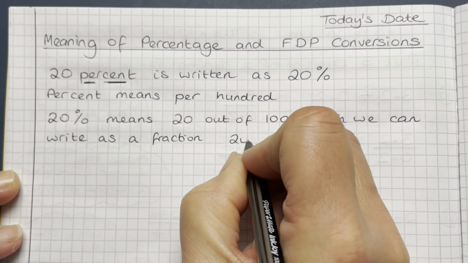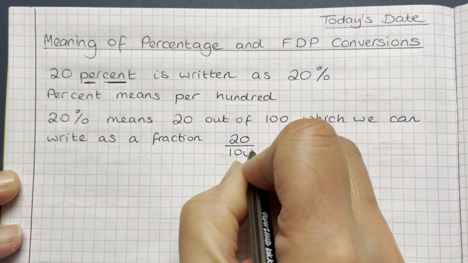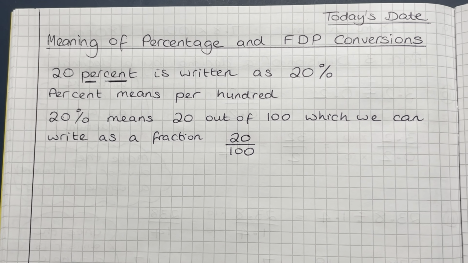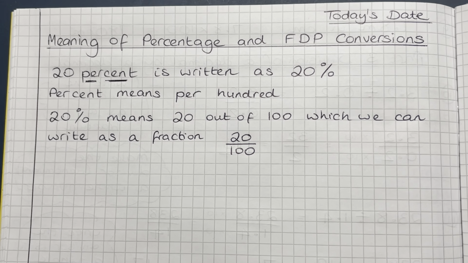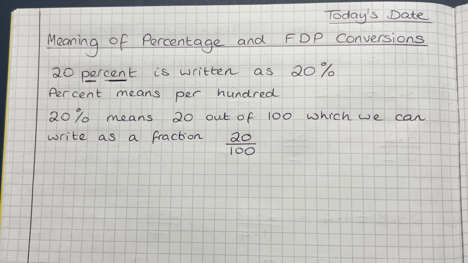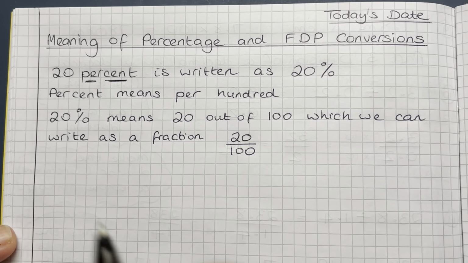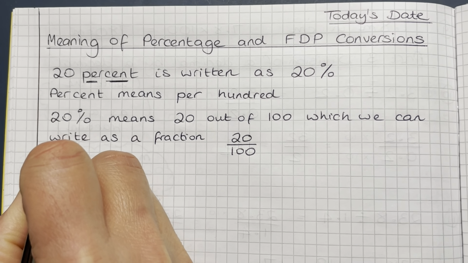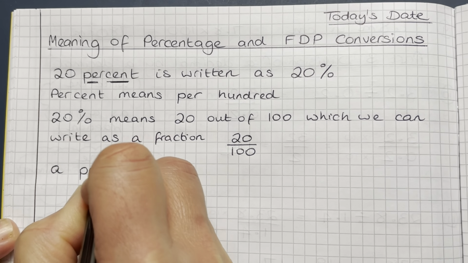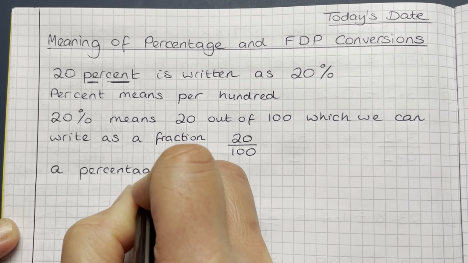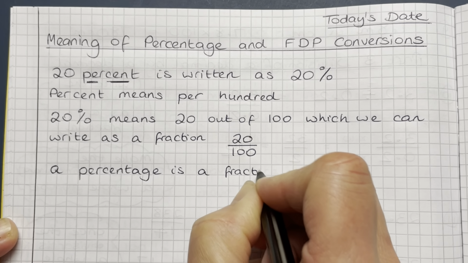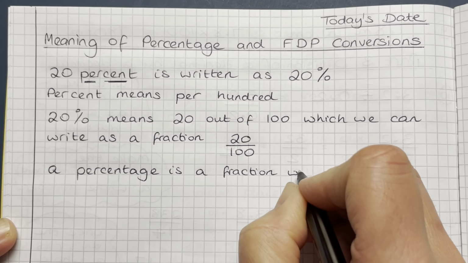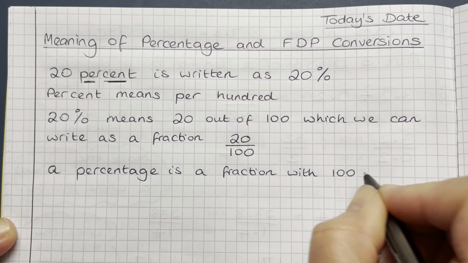We would write it as 20 out of 100. Obviously that can therefore be simplified down, but we're going to leave it like that at the moment because, and this is a really important point, I'm going to put this in one of our learning bubbles, a percentage is a fraction with 100